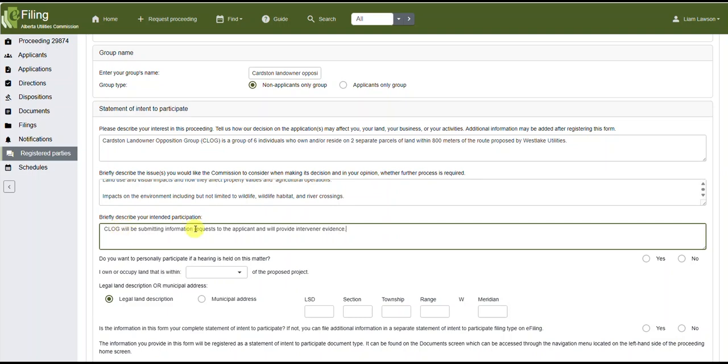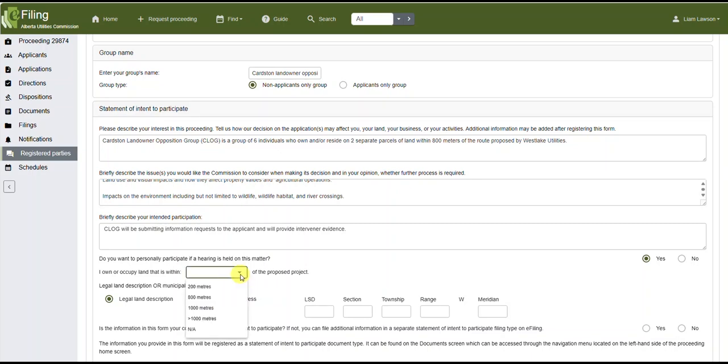CLOG will be submitting information requests to the applicant and will provide intervenor evidence. Select yes or no if your group intends to personally participate in the hearing. In the drop-down, indicate whether at least one member of your group owns or occupies land within the proximities for selection. I'm going to select I have at least one member of my group within 800 meters of the proposed